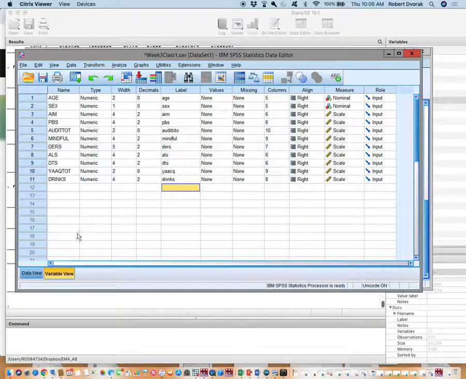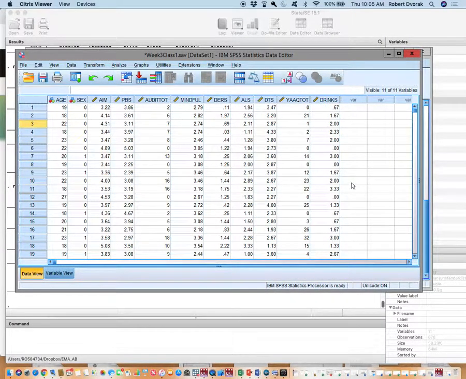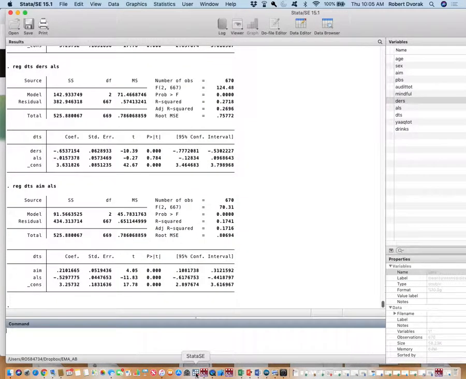So if you change those, then when we go to run our analysis, the variables will actually be there and they'll look the way that they're supposed to look. The first thing that we're going to do, you'll have to forgive me, I'm going to flip back and forth here, is we are going to look at